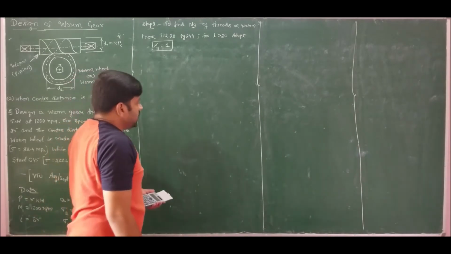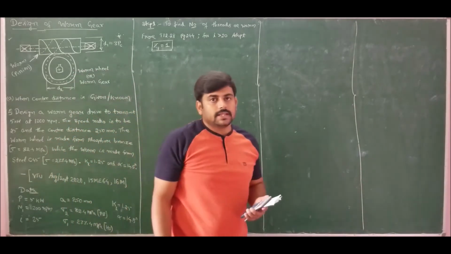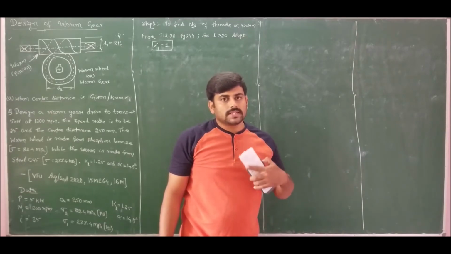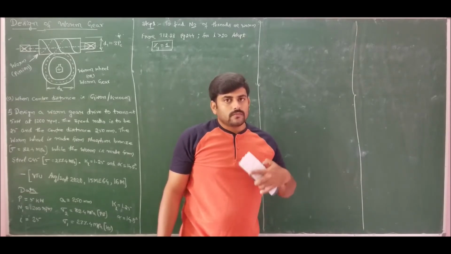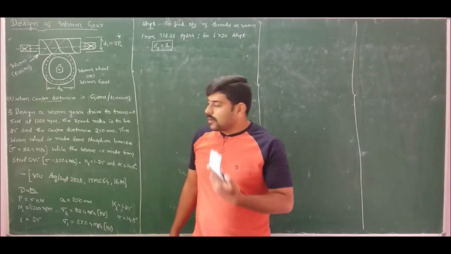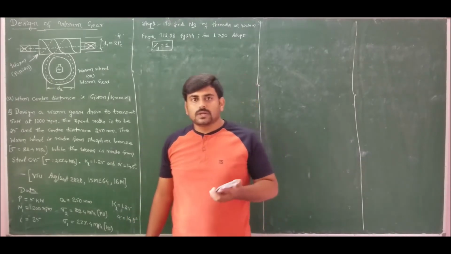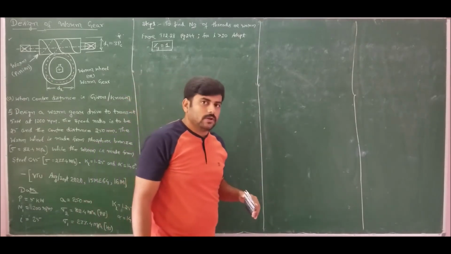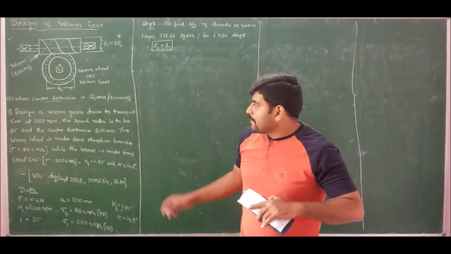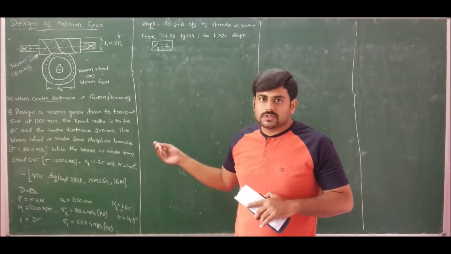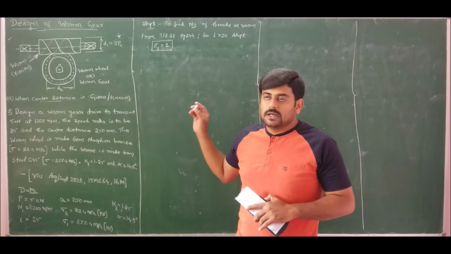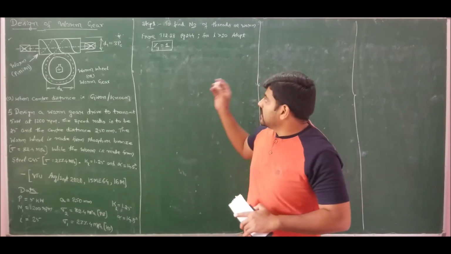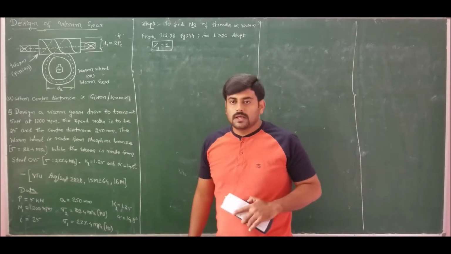But when the value of i is less than 20, there is a huge ambiguity in this table 12.8. So therefore, by using trial and error method, we should find out what is the actual number of teeth on worm, which I will take up in our problem number 3, wherein I clearly explain how to determine Z1 when there is an ambiguity for us. For this problem, there is no ambiguity because he has clearly specified the value of i, which is 25. So therefore, in table 12.28, page number 244, there is no discrepancy or ambiguity for us. So we can adopt Z1 is equal to 1.